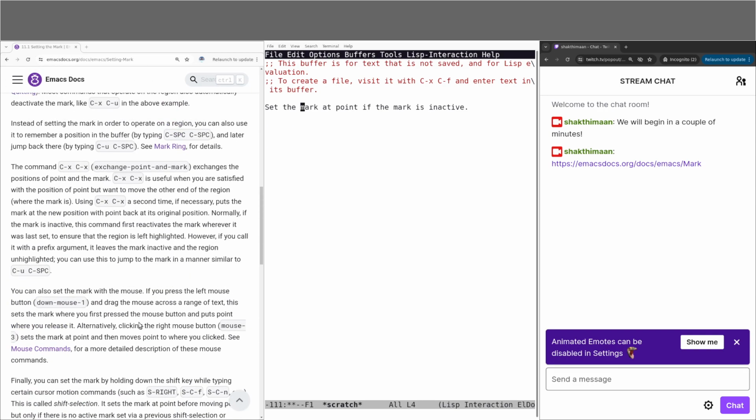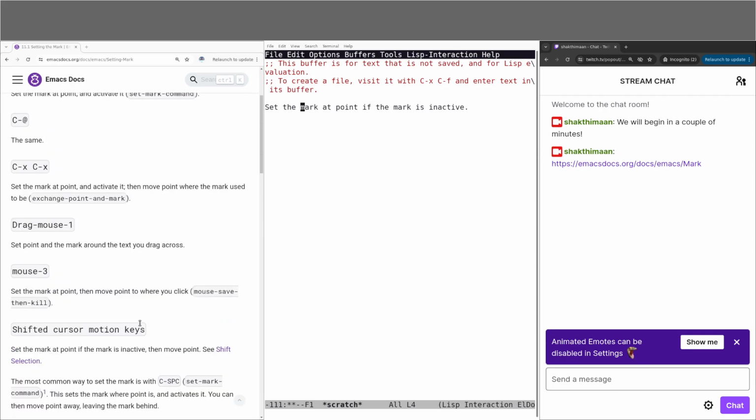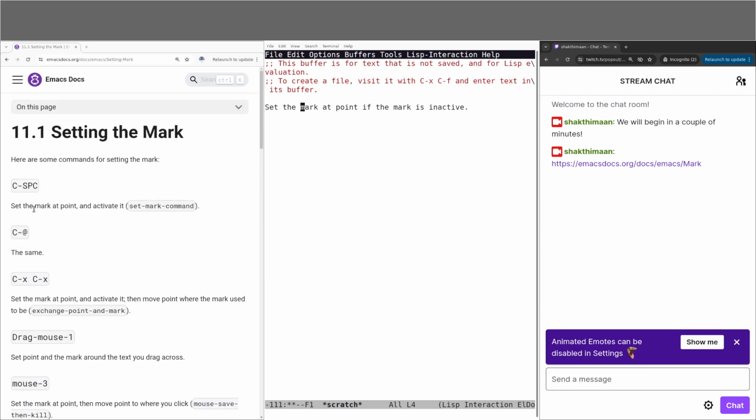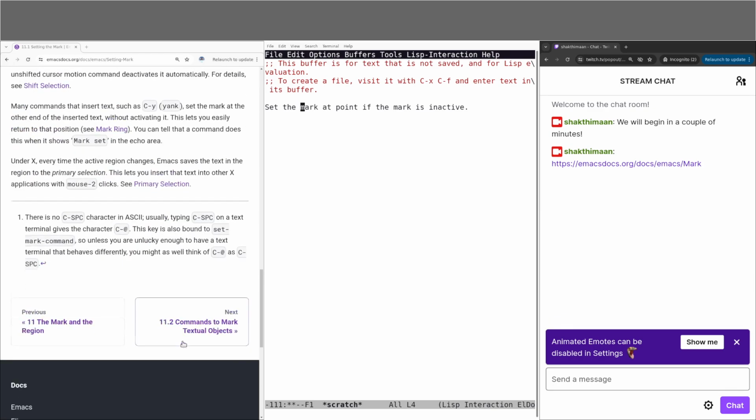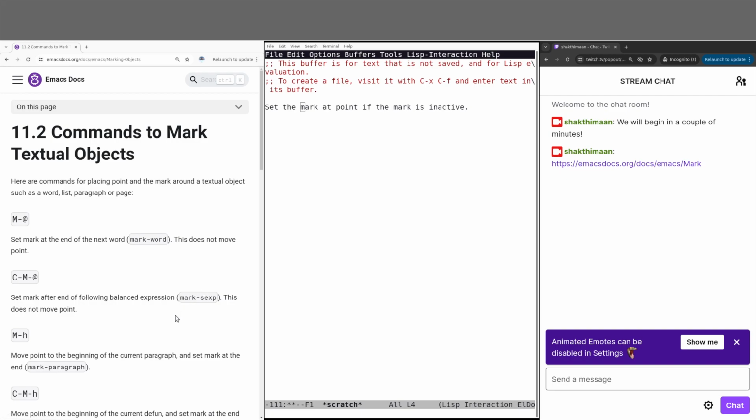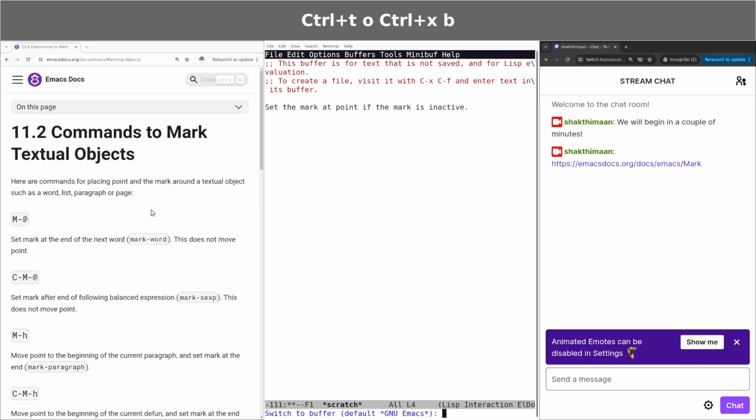Okay, those are the basic commands for marking and moving the cursor and activating the region. Let us go to the next section, commands to mark textual objects. Now, there are some additional commands for placing the point and the mark around a textual object such as a word, list, paragraph or a page. So, let us go back to the Emacs